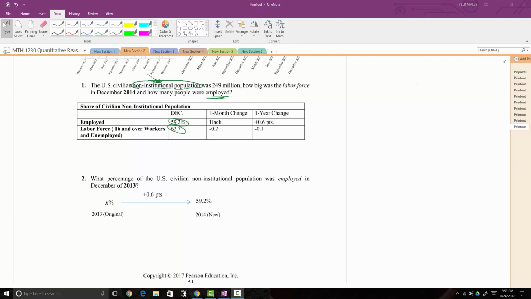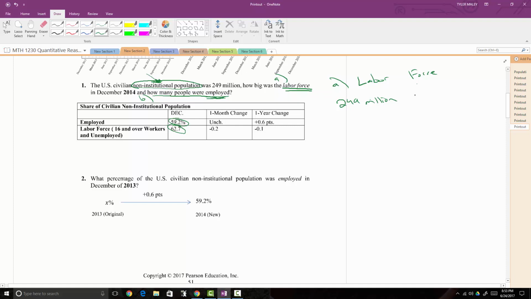All right, so I did miss a part right here. There's actually a first part of the question. It says how big was the labor force in December 2014 and how many people were employed? So we kind of have two parts, Part A and Part B. So to figure out Part A, which is how big was the labor force,